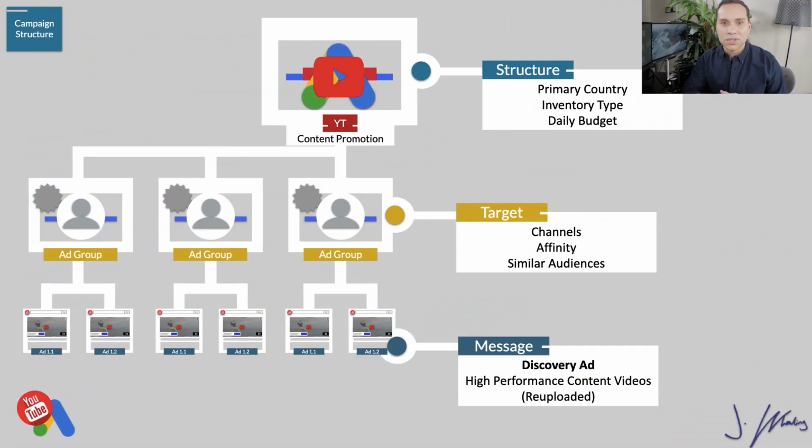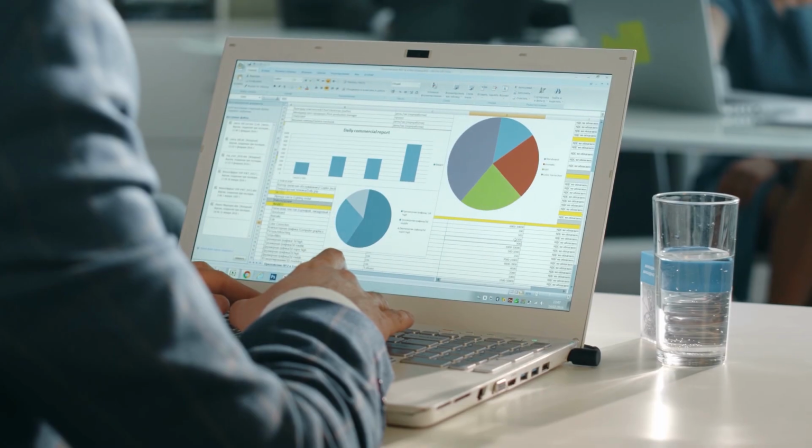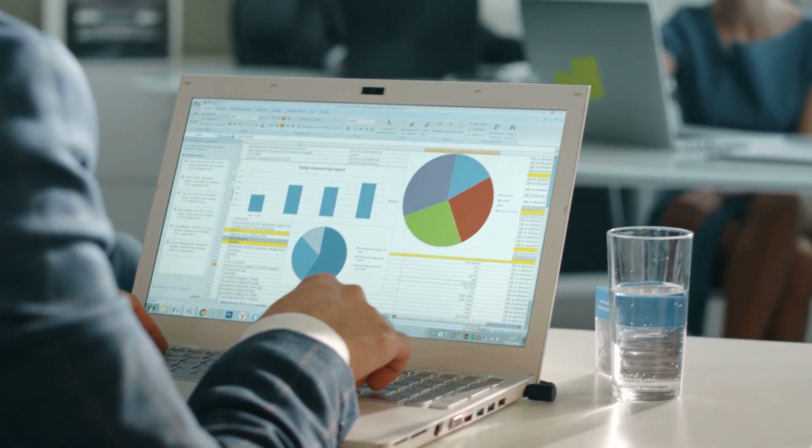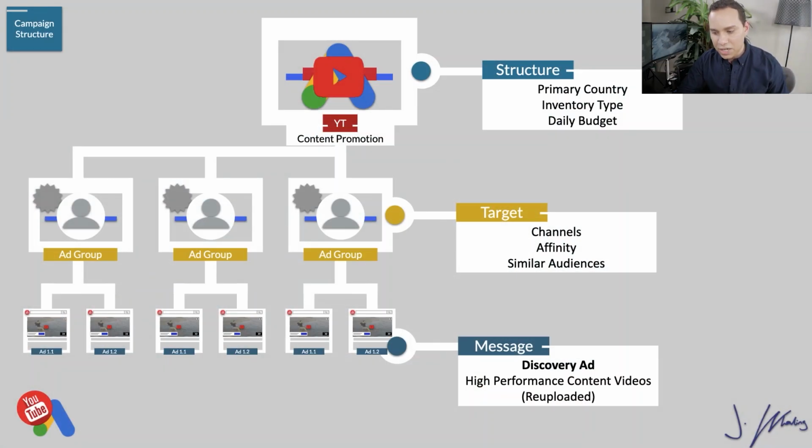The very first step, of course, is going to be deciding how to structure your campaigns. Now here we're actually going to go through 2 different campaign builds, but here's a brief overview of what we're going to be doing. So we're going to have both campaigns promoting some content on your YouTube channel. We'll get to how to choose that content or what types of videos to run with your YouTube ads later on in this tutorial. But at the campaign level, you are going to be choosing what countries or regions you want to be targeting. You're also going to be choosing the type of inventory and your daily budgets. When we get to some analysis and problems, you'll see why it's so important to keep an eye on your daily budgets.